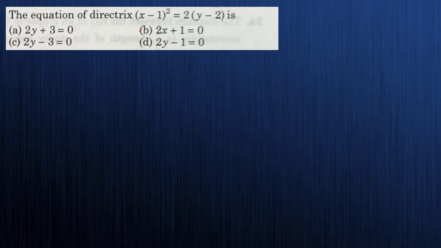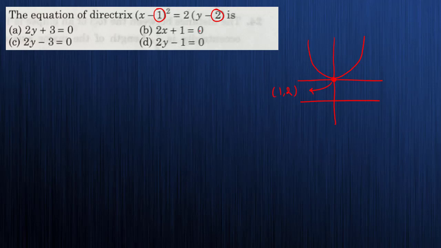Next, the equation of a directrix x minus 1 whole square equals to 2 y minus 2 is. Okay, first of all पहला फिगर का तो आपको आइडिया तो पता होना चाहिए. It is x square is equals to 4ay के फॉर्म में, and it is a positive, मतलब it is upside form, upside parabola, ये वाला पैराबोला है. Okay, if it is the parabola and the directrix we'll have below this, it is a vertex. So vertex coordinate we can directly find out, x minus h, y minus k. So it is 1 comma 2 is the coordinate of the vertex.